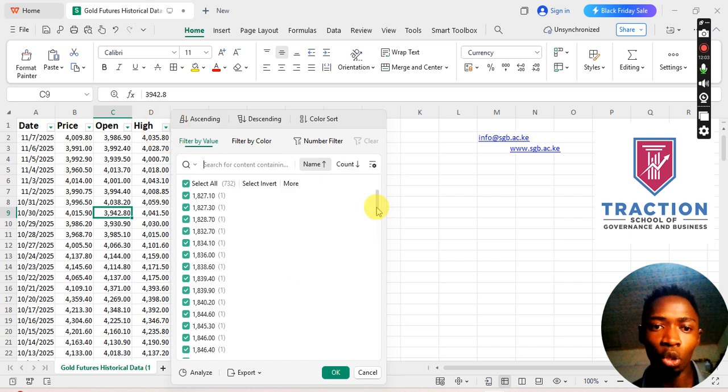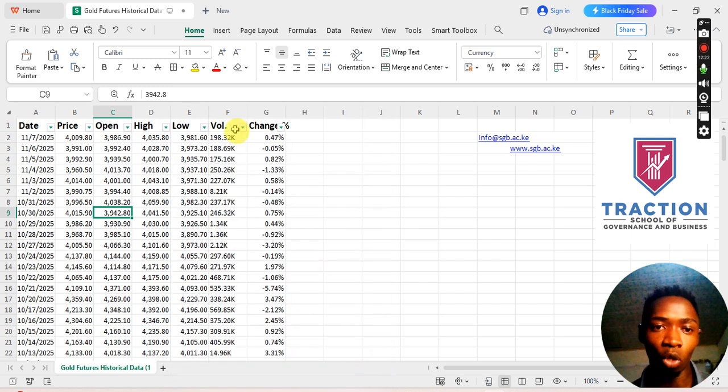Basically, by default, if we have a closing price and the opening price, we are not supposed to have any missing data in high and low prices. As you can see, I've confirmed there are no blank spaces or empty cells. The same case applies to the lowest price. And then when it comes to volume,